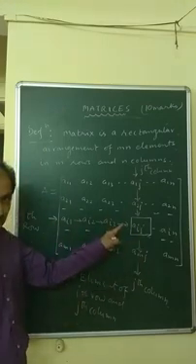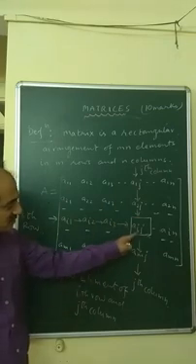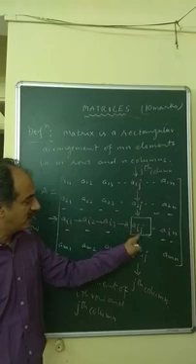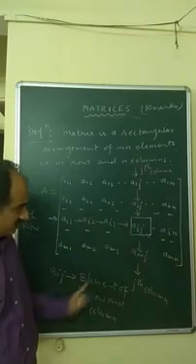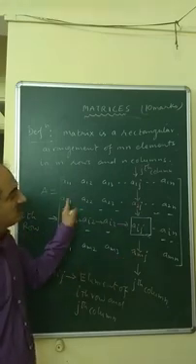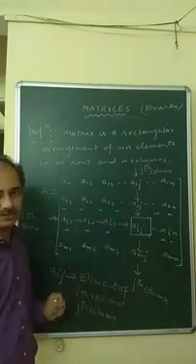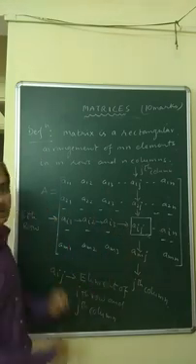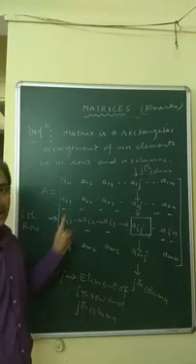of the element. Okay, so what is the address of an element? You can say Aij. It is the element of the ith row and jth column. So this is the address of this element. Each element has a fixed position in this matrix. So what is a matrix? A matrix is nothing but an arrangement of elements in rows and columns.